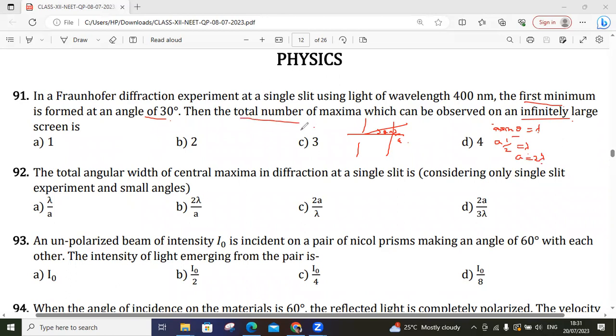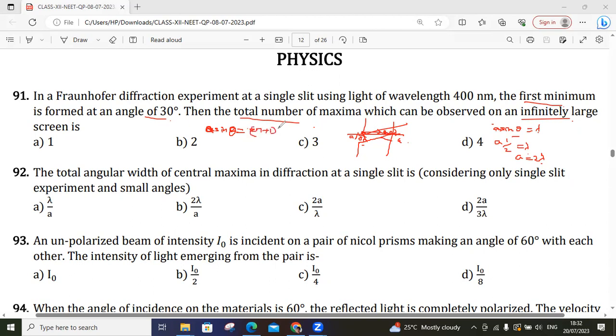Then total number of maxima they are asking. So for maxima, what is the condition? A sin theta, which is path difference. A sin theta is path difference in diffraction experiment. We had done like this, if you remember, right? This like this and perpendicular. This was a, this was theta, a sin theta. So a sin theta for maxima should be equal to odd multiples of lambda by 2. So the central bright fringe comes anyway. But for first maxima, we take